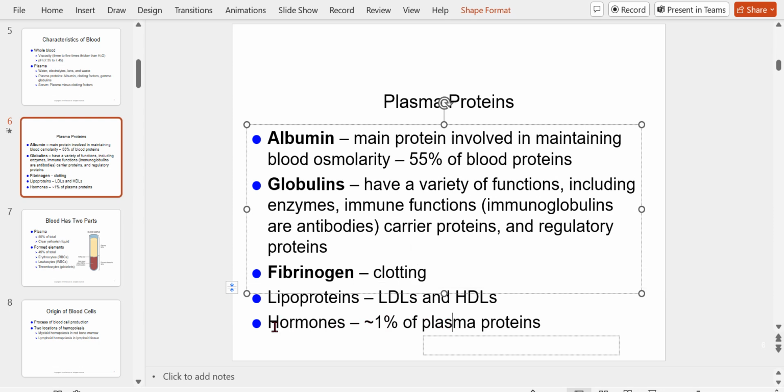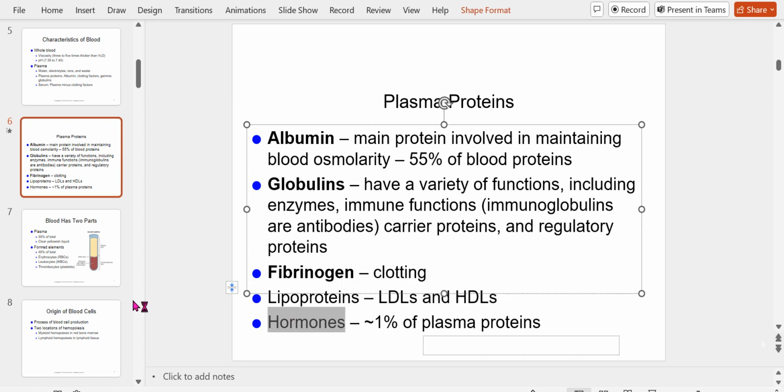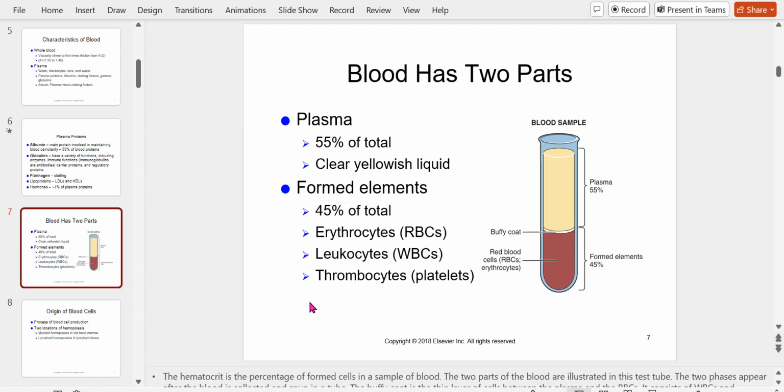Hormones, but 1% of plasma proteins there. And we'll get into hormones there. I think it's week 12 or 13. Probably week 12. Okay. So the blood has two parts, and you can see there that about 55% of your